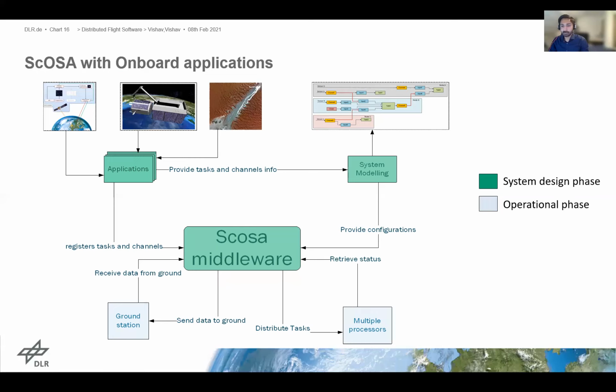The system is completely autonomous. That means the system is able to detect failures in processors or change in mission phase. In such situations, the system reconfigures itself and moves to a different set of task maps that suffice the newer conditions. For any system or software updates, SCOSA receives the message from the ground station as shown here.